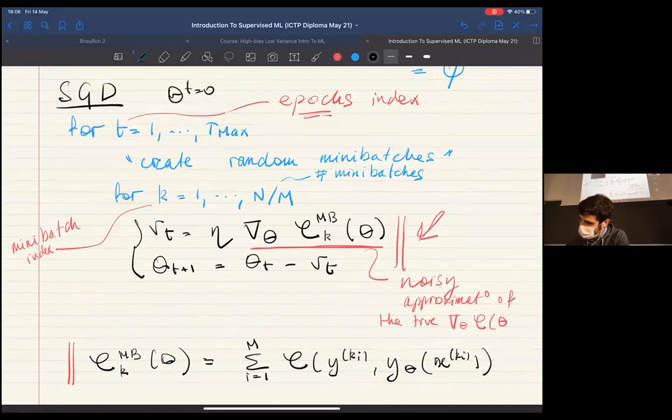Here I forgot an index T. Okay, noisy in the sense that you are computing just the gradient over few samples. You're not exploiting all the data each time you compute a gradient, just few points. Okay, so this generates stochasticity, and what is interesting is that this stochasticity